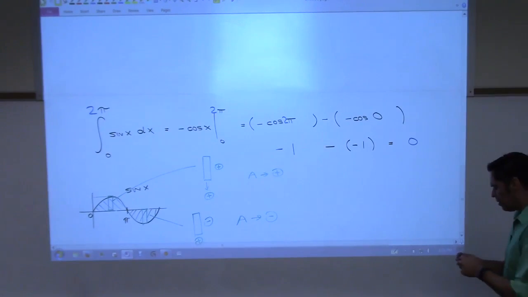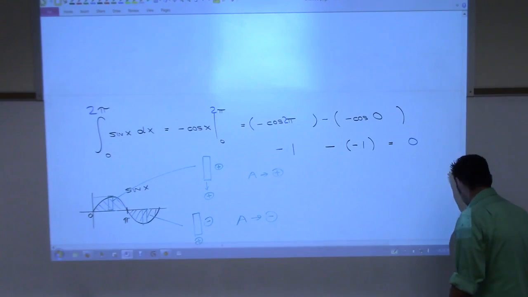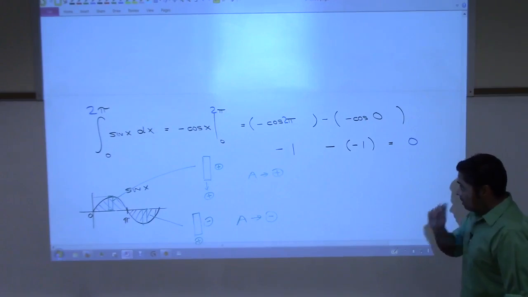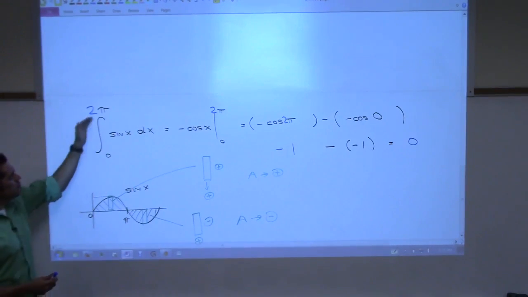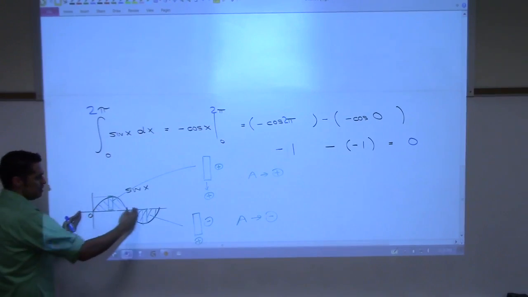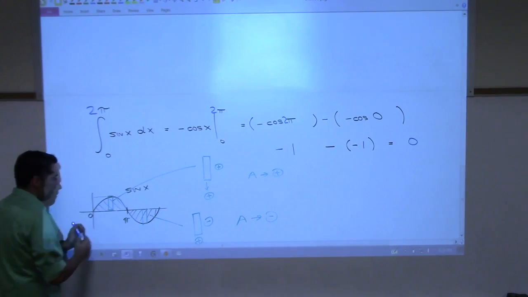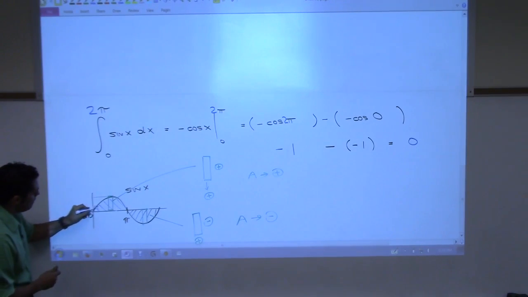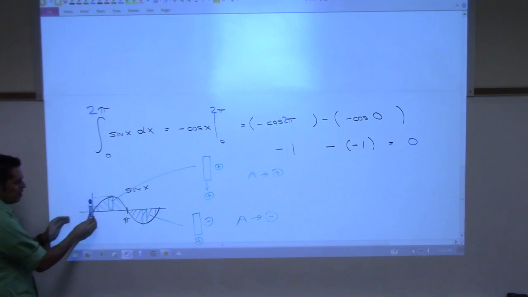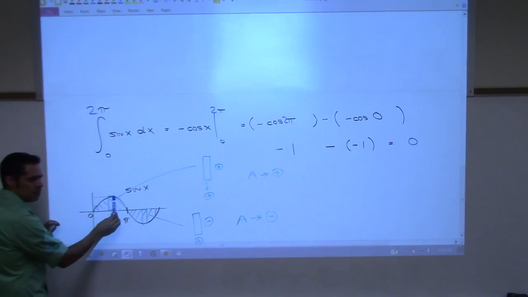Another thing I'd like for you to see if you can visualize. When you see this integral, from 0 to 2 pi sine x dx, here's the sine function. We're going to go from 0 to 2 pi. Just imagine, can you see a rectangle right here? And then just imagine that rectangle moving across the function, going from